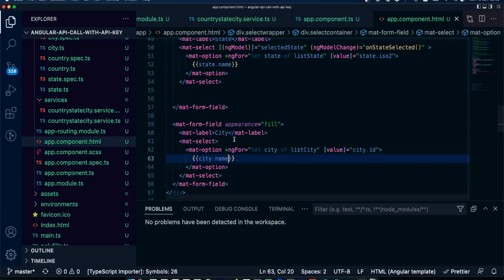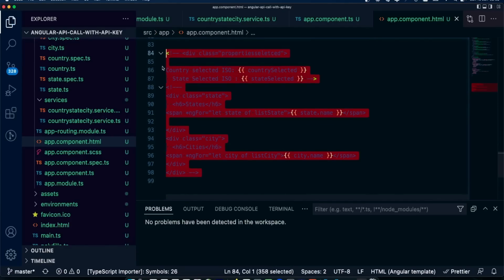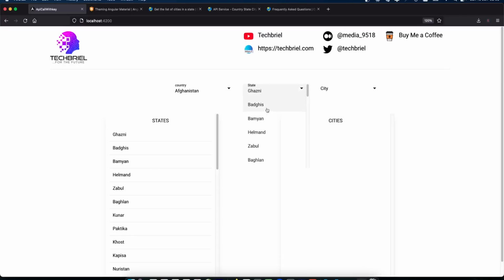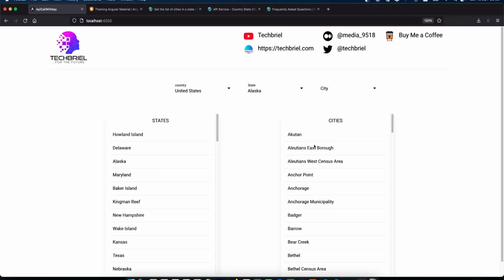All right, so I'm just going to enable this. So I just created containers. So when I select the country, let's say I'm going to pick any country. I'm going to start from this one, Afghanistan. This is going to load the state for us, and when I choose a state, it's going to load city. Now let me try a different country. You can try any country, it's going to be the same. So it's now going to load the state, and then when you choose a state, it's going to load the cities, the same way it's loading inside here, inside the city select.